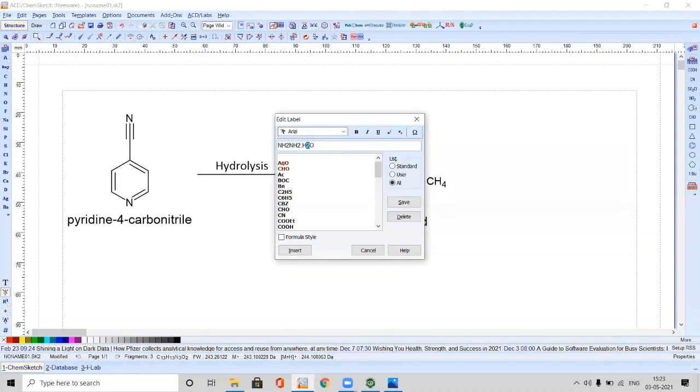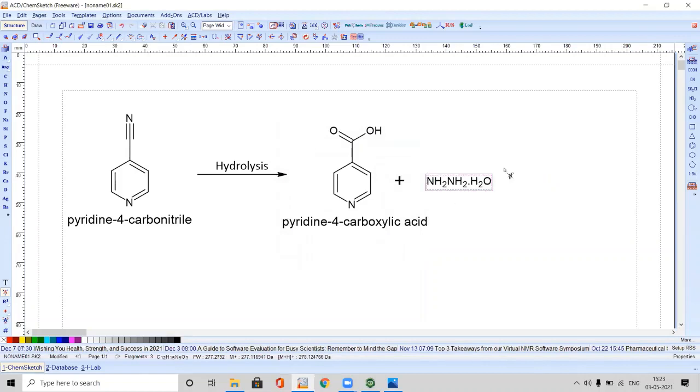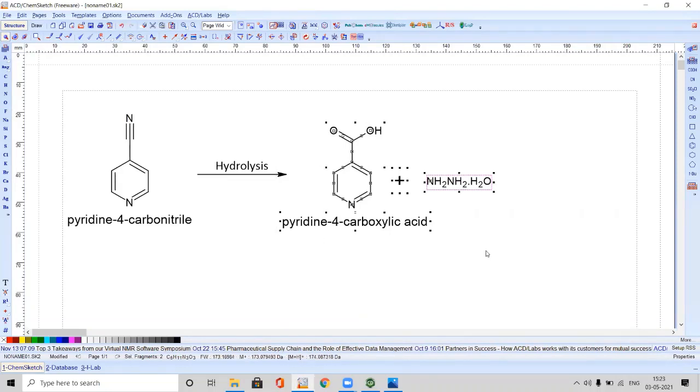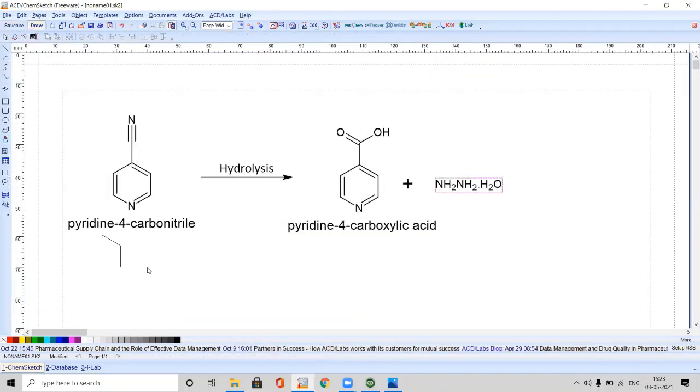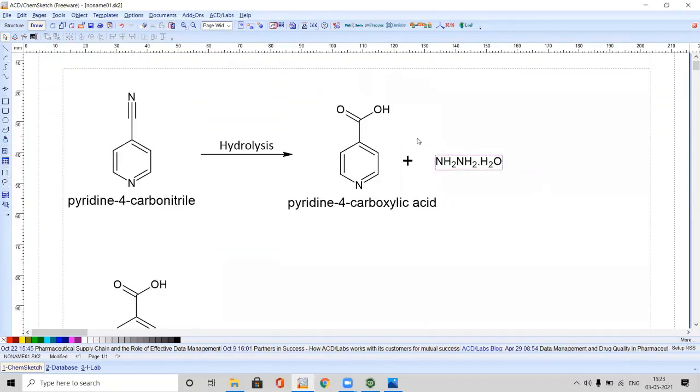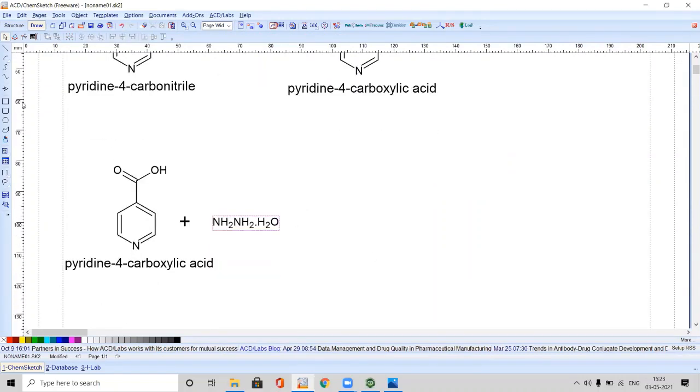Here also you need to make the 2 a subscript, NH2 also 2 subscript, another NH2, 2 subscript. Then click insert, and it will be inserted like this. I will take this in the next step so that it will be easy for us to write.